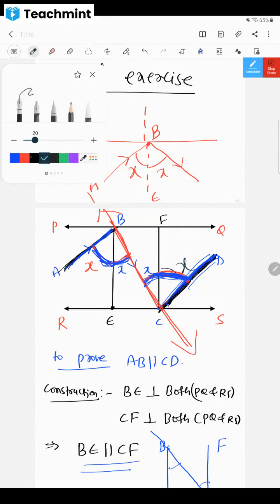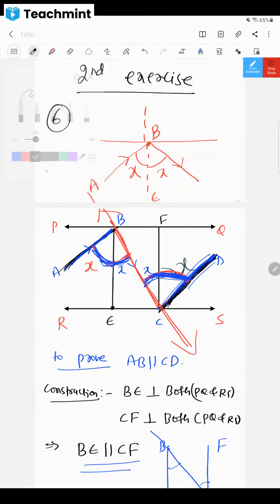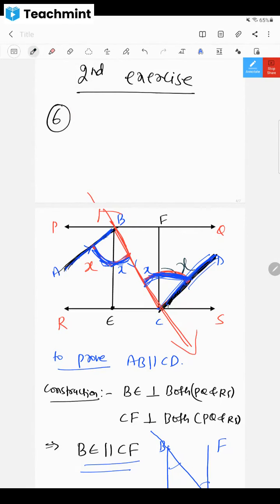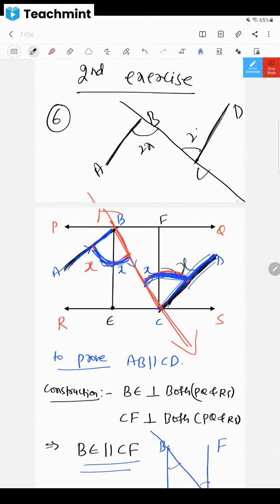Observe, dear children. See, AB and CD, how they are. Let me rub it off. This is not necessary right now. Already you must have written that. AB is like this. This is AB. And CD, it's a little bit above. CD is here. After that, from B, you have this transversal here, touching at C, and this angle is 2x, and this angle is also 2x. They are alternate interior angles.